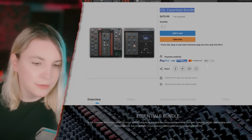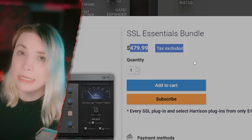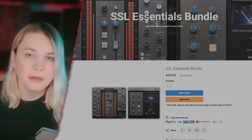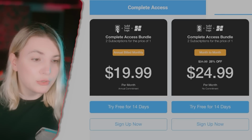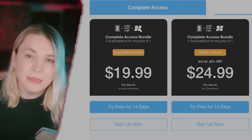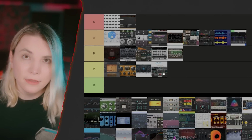So what you get, channel strip 2, bus compressor 2. Price is $500. Is that reasonable? I don't think so. I assume that the prices are like this because they want you to go for their subscription model. It's relatively okay because you are getting the Slate Solid State, but alone with those prices, it's too expensive for what you get if you want to buy plugins, and you are more or less guided to buy